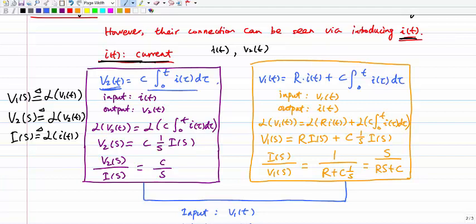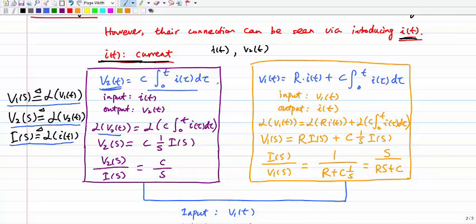Okay, so on the left hand side I apply the Laplace transform L, and get L of V2(t) equal to L of the right hand side, C integral 0 to t of i(tau) d tau. Assuming, by definition, that V1(s) is the Laplace transform of V1(t), V2(s) is the Laplace transform of V2(t), and I(s) is the Laplace transform of I(t). So I get V2(s). This is the definition I give over here. So V2(s) is, by the property of the Laplace transform,